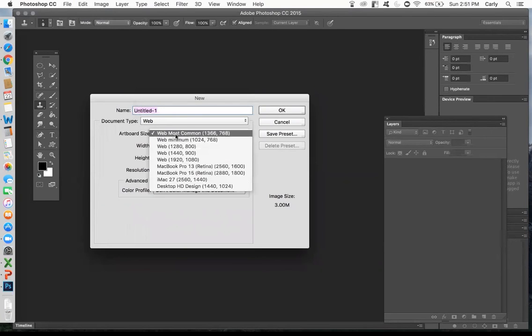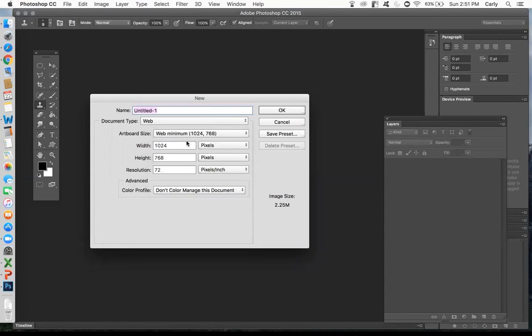We have some different resolutions here for desktop backgrounds, for backgrounds that you might use for the web, for a website, for instance. And when we click on one of these sizes, we'll see that the resolution is 72. That's because